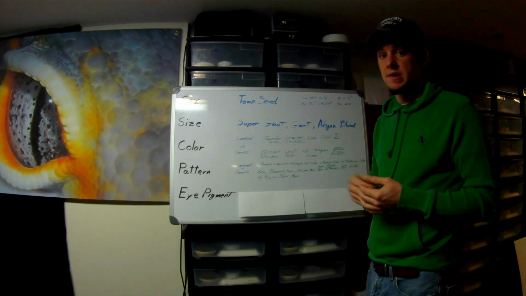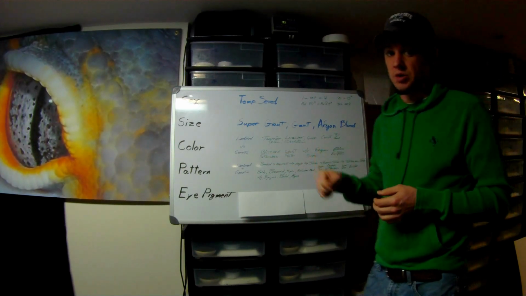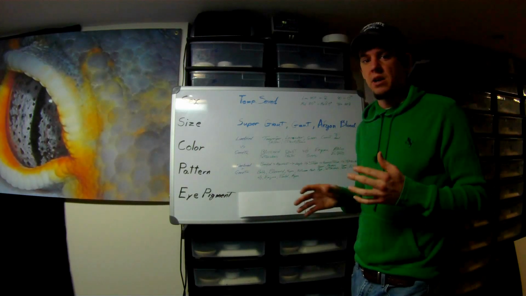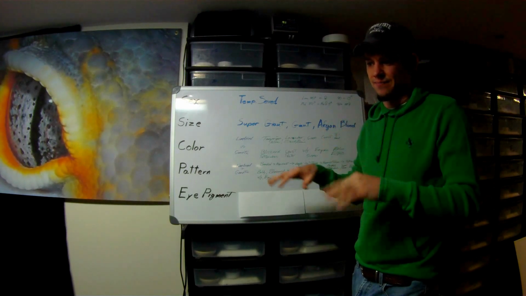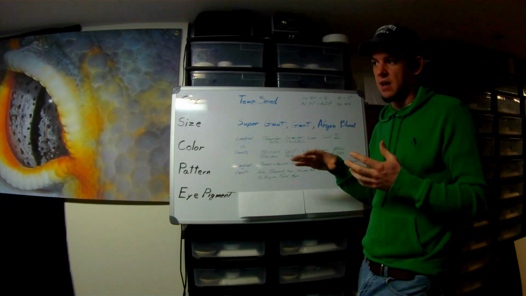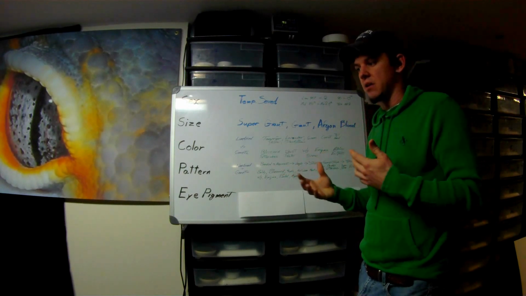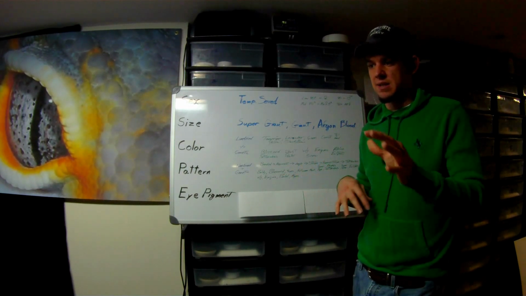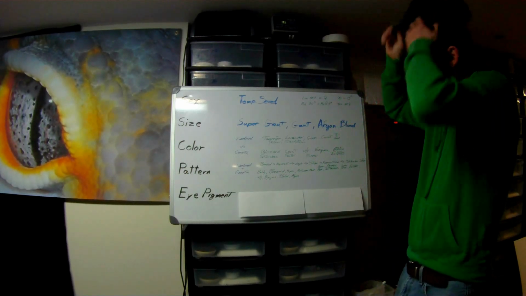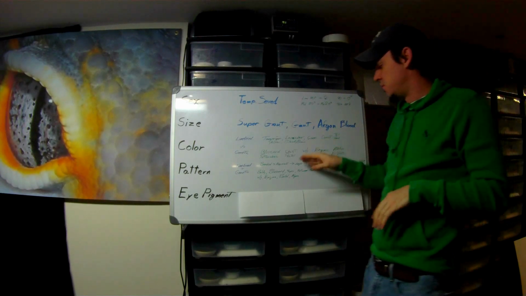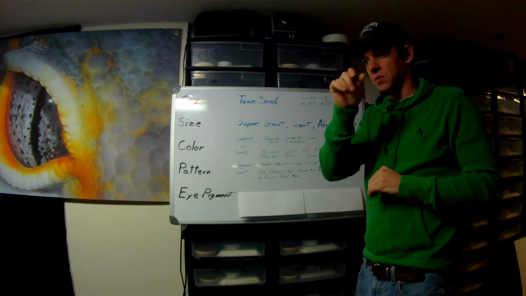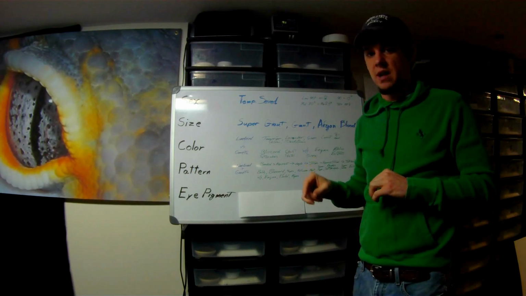You'll get more aberrants or more bandeds, but then every once in a while you'll get jungles, which are basically where there's no more banding on the back. There's just kind of almost like a swirled pattern. It's basically just a patterned trait that kind of messes everything up on the back a little bit as far as the pattern goes. Then from jungles you'll get stripes, which are just the single stripe of color down the back,